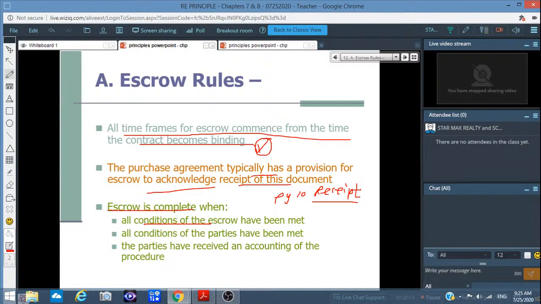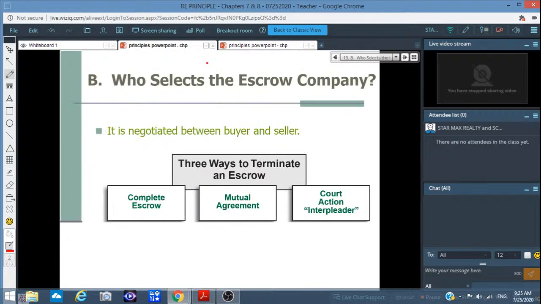Escrow is completed when what? Okay, all conditions of the escrow have been met. 它怎么去结束了这个 escrow？OK，所有条件符合。OK，all conditions of party have been met. OK，两方做事有完成。OK，the parties have received accounting of the procedure. OK，所有的钱也到位。